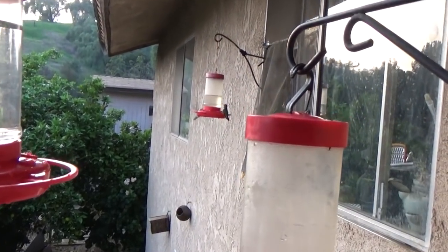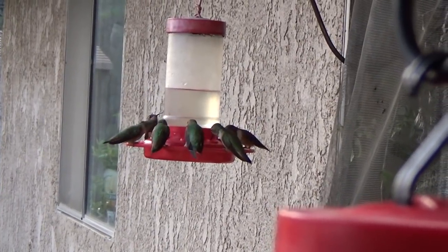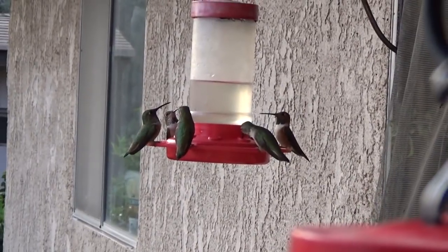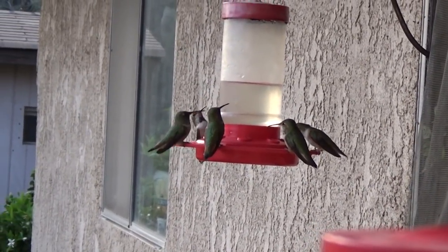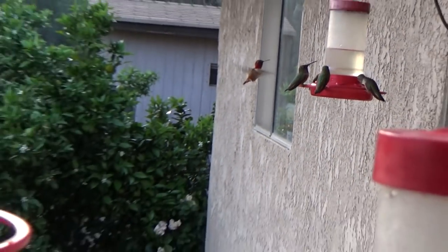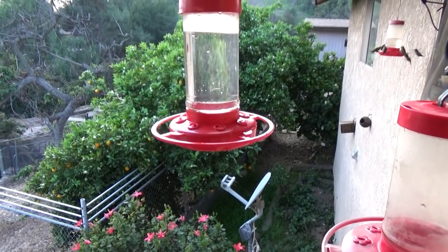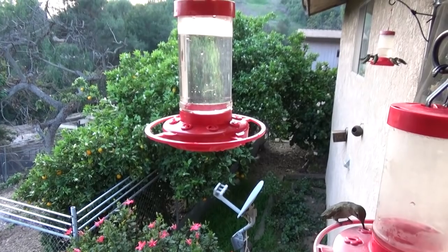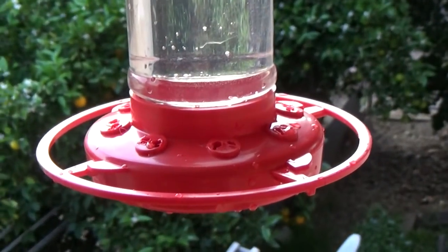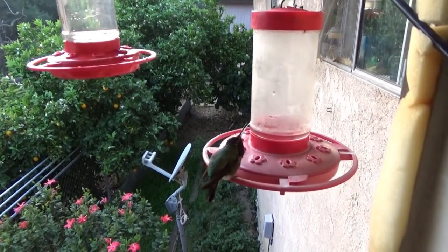And the one in the back there, see that? That's another one I bought and modified the holes, the same exact feeder. It can sit 16 hummingbirds on that. When I first put it out, they wouldn't feed from it. They would stick their beak in it and just fly away. That's why I figured out if I just made the holes a little bit bigger, they'd be fine. And they have been. They are going to come in more and more as the sun goes down now. But that's the new feeder I bought today with the modified holes that I just did. And they should be quite happy with all their...